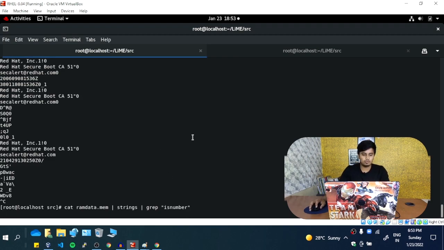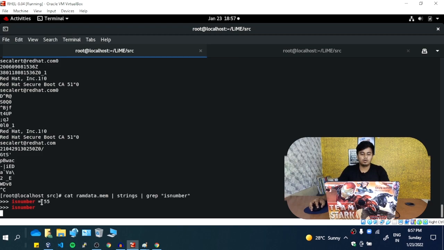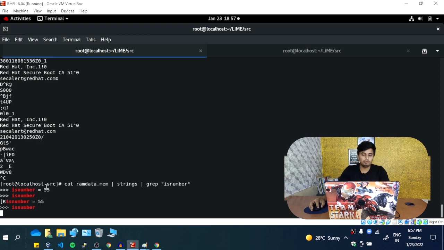Just see the magic of what happens now. It will scan the whole RAM data file and try to search for is number. Still searching. You can see now it has been successfully searched. It has found is number in the RAM and it is giving 55 as the value.